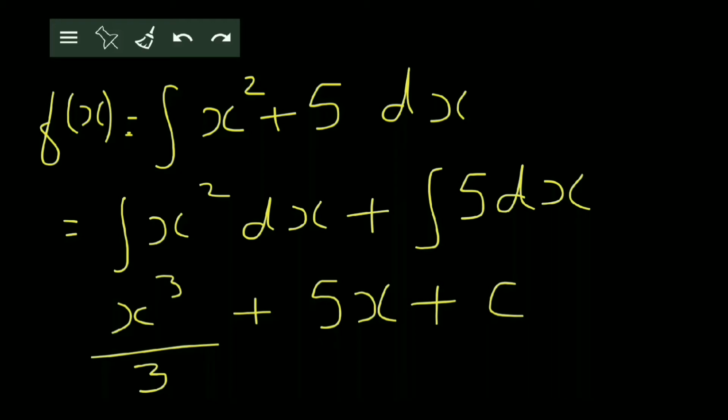But we haven't yet got the value for c, because if you remember, in f'(x), the primary function which is given, there is no constant term. The constant term is definite. So we have to find c as yet. So for finding c, we make use of the fact that f(0) is minus 1. So we find f(0) over here. So the next step, finding f(0).